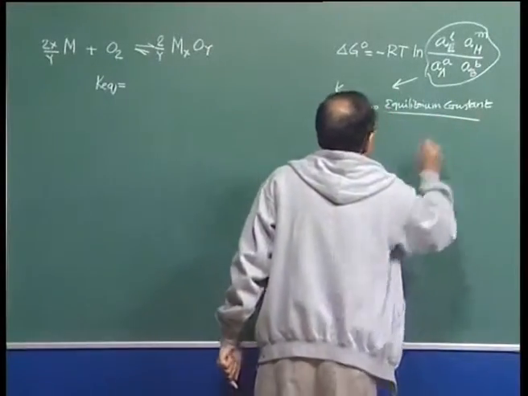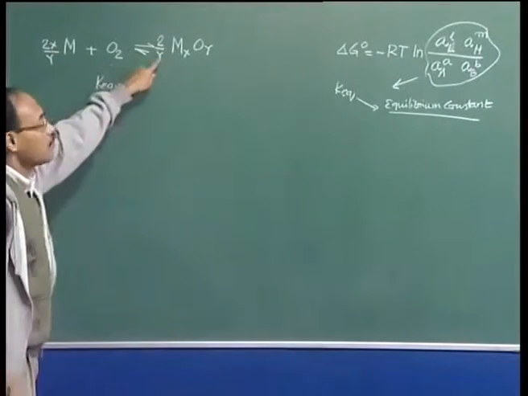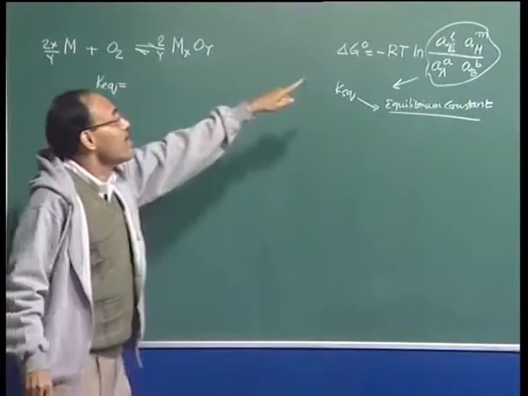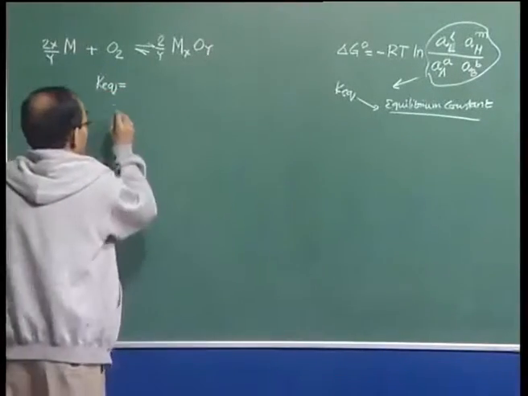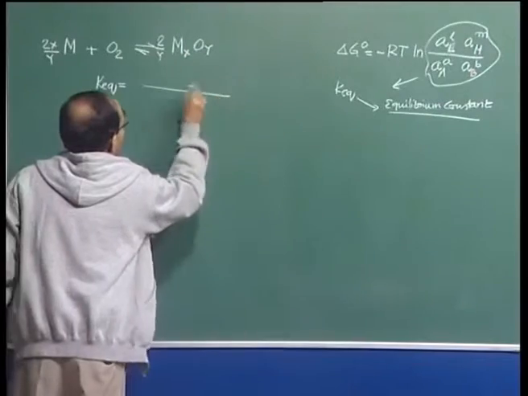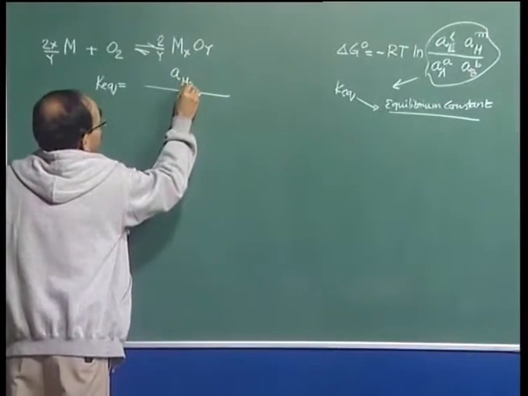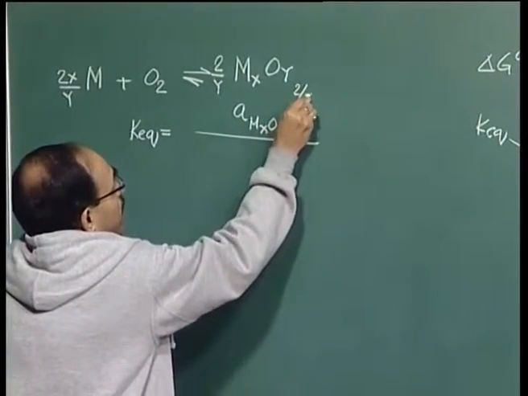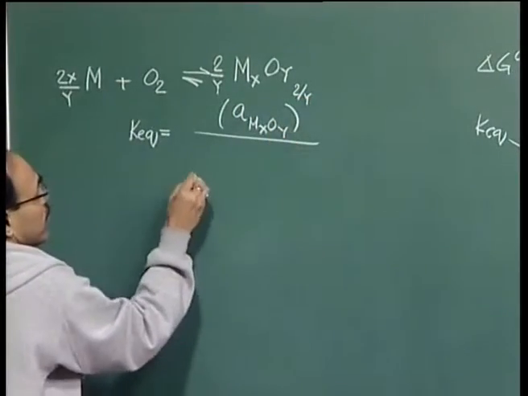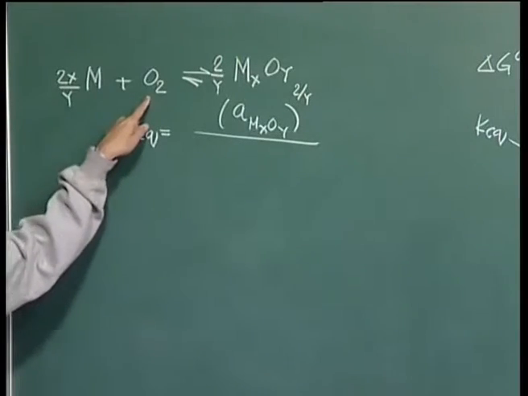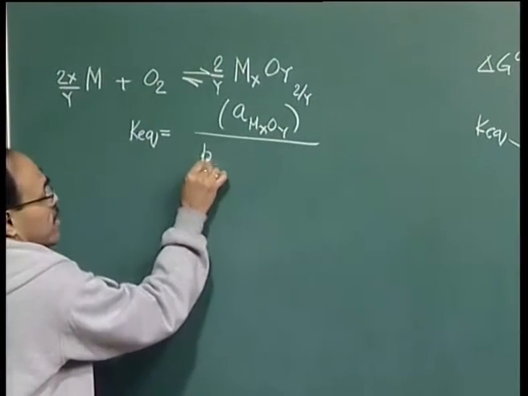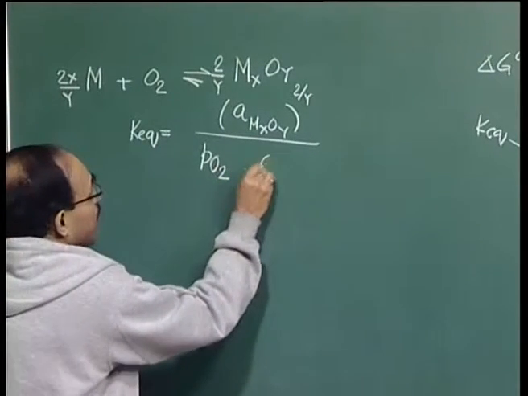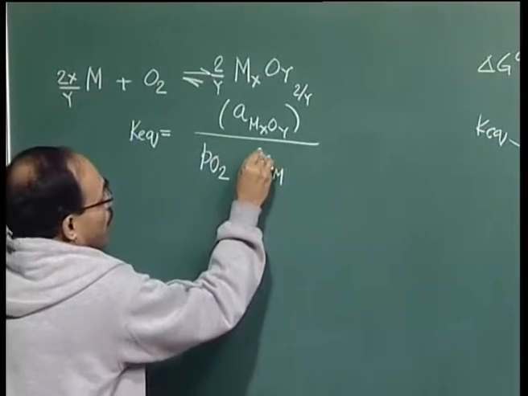And if I look at this reaction operating close to equilibrium, I should similarly write down the equilibrium coefficient, and that is going to be the activity of metal oxide raised to the power 2 by y, and then the activity of oxygen, and if you assume ideal behavior, then this is equal to the partial pressure of oxygen in the system, and then we have the activity of metal raised to the power 2x